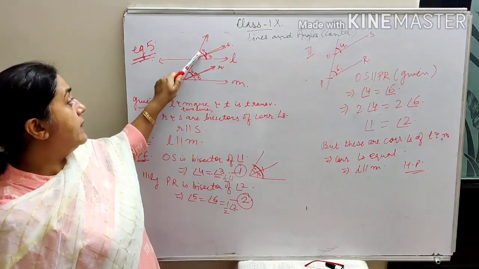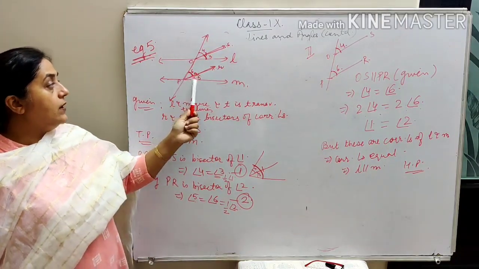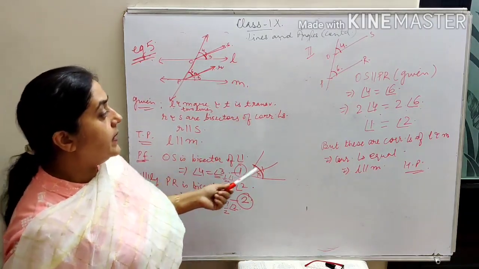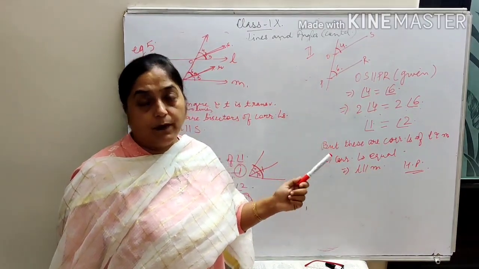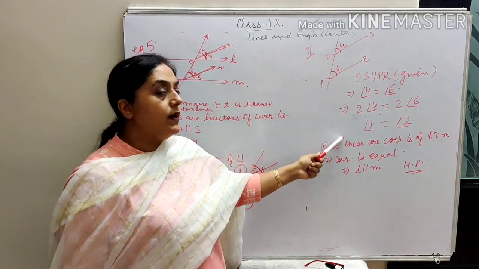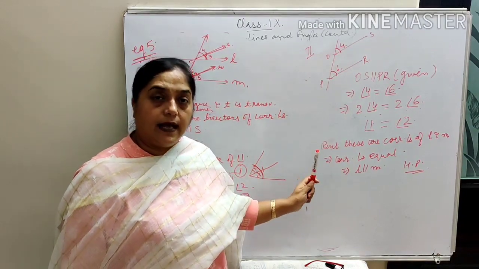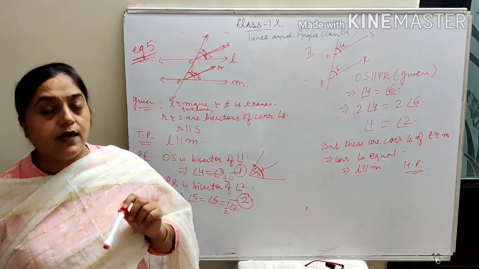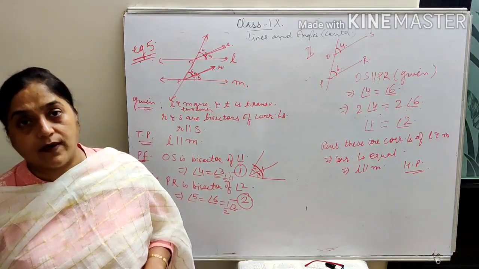I proved that 3 equal to 4 equal to half of angle 1. Similarly, 5 equal to 6 equal to half of angle 2. So what does it mean? It means अगर उनके halves equal हैं तो उनके doubles भी full भी equal होगा. अगर किसी के halves equal हैं तो वो full भी equal होगा. Full equal का मतलब corresponding angles equal. Corresponding angles equal का मतलब lines are parallel to each other. Easy to understand, but थोड़ा सा tricky है लिखने में. Writing part is very important in this question. Got it?